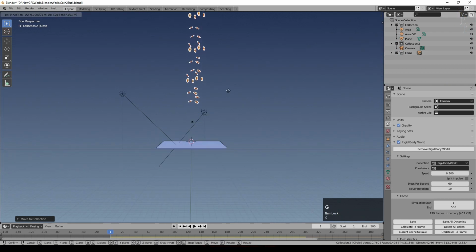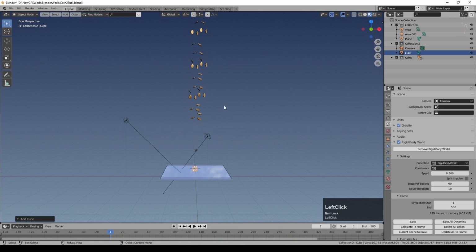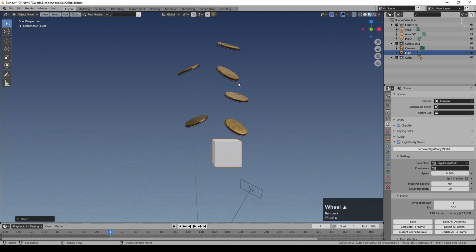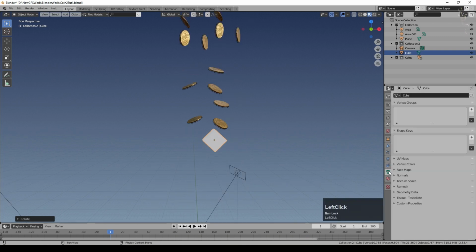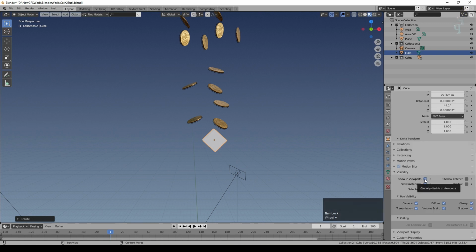So I'm going to raise them up a little more, and then I'm going to add a little cube. So we've got a use here for our default cube. I'm going to put some rotation on it. Going to come down to the cube properties, under visibility, I'm going to say show in viewport, but not show in renders, and just make sure by turning all of these off. Though if I've turned off show in renders, it shouldn't show up anyway.